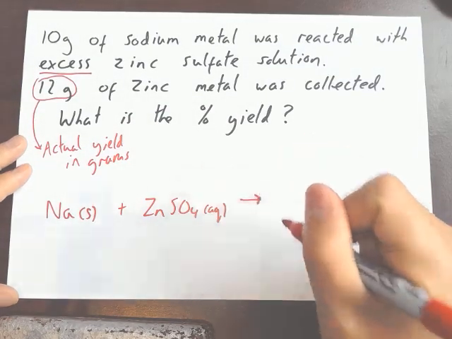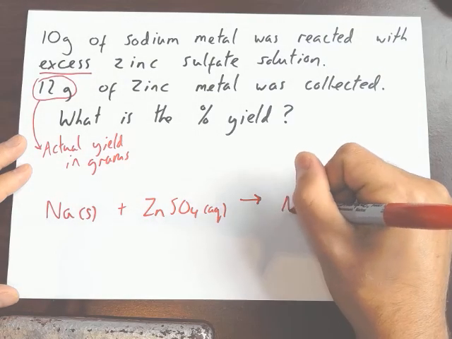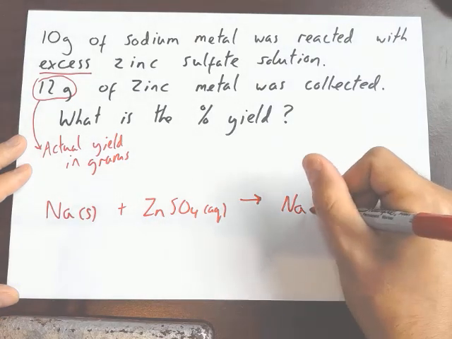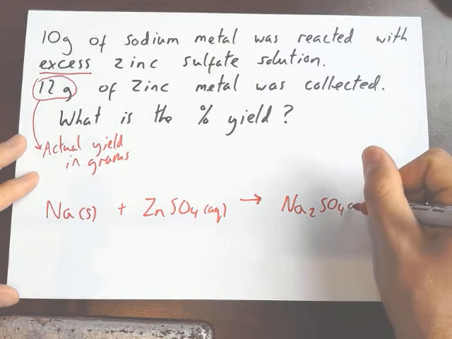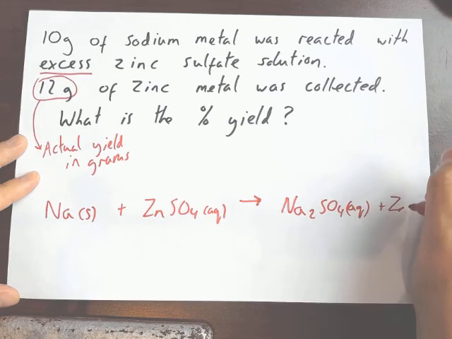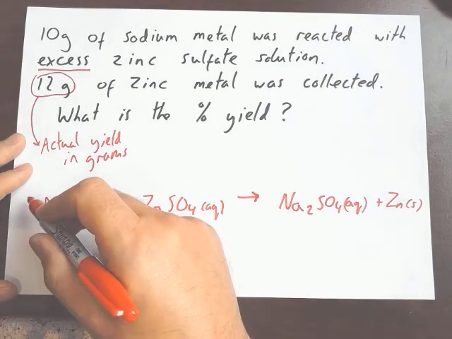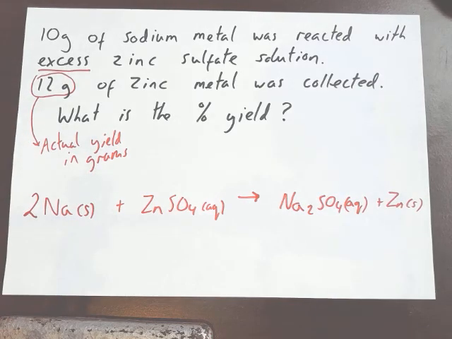Sodium, as you know, is a reactive metal. So we're going to end up with a displacement reaction. Because sodium's in group 1, it's Na+, so you're going to need 2 of them for every SO4 2 minus. That is aqueous now, and the zinc metal is solid. So this isn't balanced yet. We've got 2 sodiums here, so we need 2 in front of there. Okay,